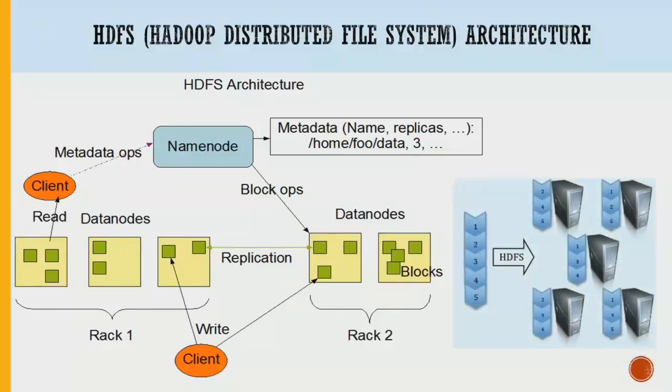So pretty much, if this is your file, 1, 2, 3, 4, 5, and imagine that each of them is 128 MB, then it creates 3 copies of each block, because that's the default replication factor. So you have 3 copies of 1, 3 copies of 2, and 3 copies of 3. This is configurable. You can also change it to 2 or a minimum of 1, but based on how much fault tolerance you need, you can configure your HDFS replication factor. But by default it is 3.